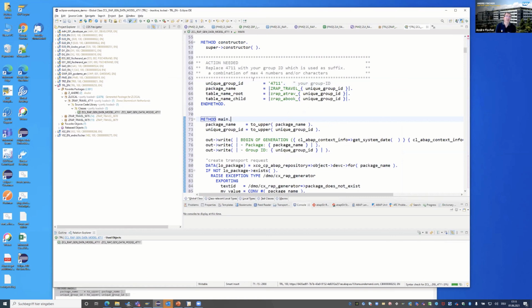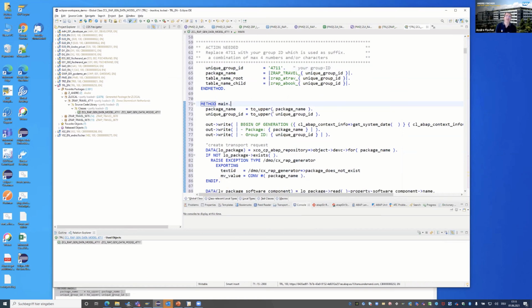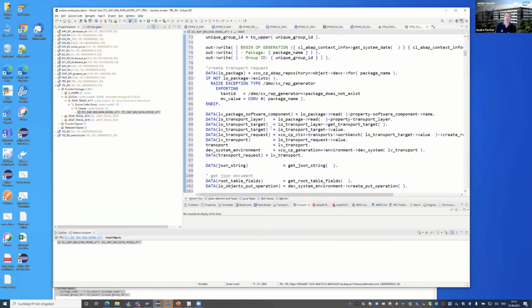This appears at three places. And actually, this is just a helper class. You can look later at what this code does. We just activate this class now.